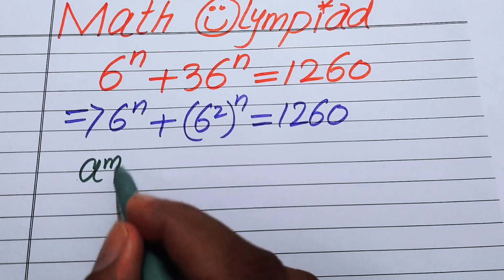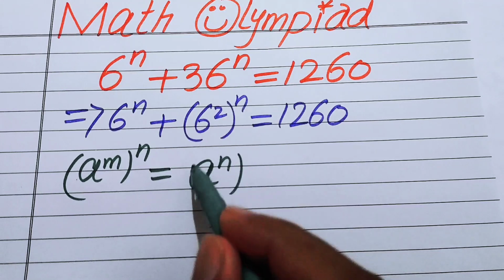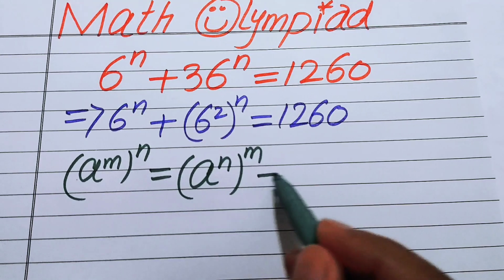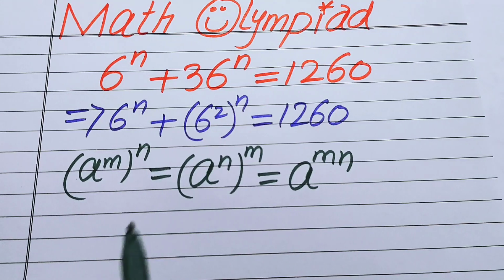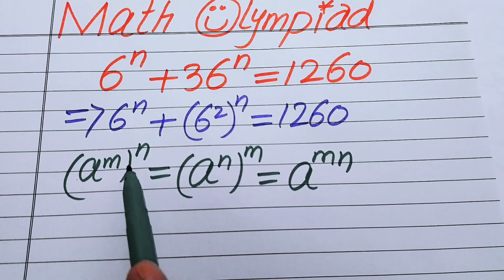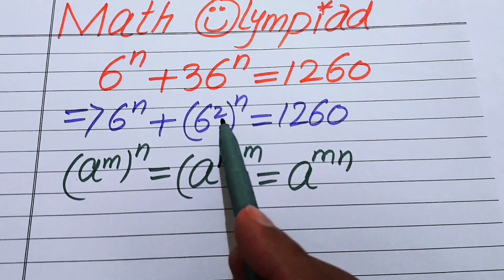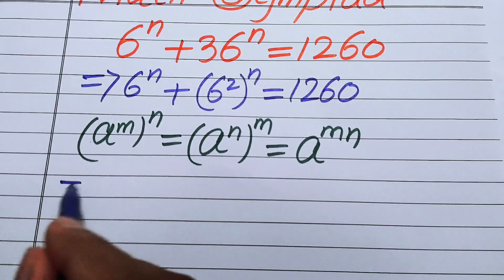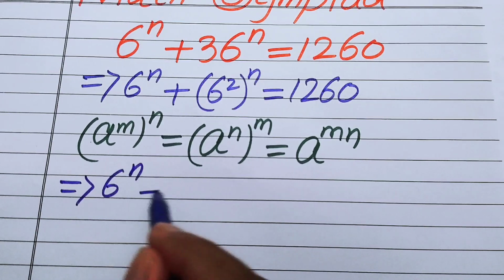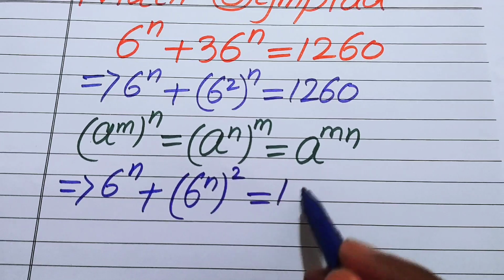If we have a to the power of m to the power of n, it equals a to the power of n and its whole power m, which equals a to the power of m times n. So here you see that if we interchange these two exponents, it cannot affect our final answer. So we need to interchange these two exponents only. Now we can interchange these exponents and we get 6 to the power of n plus 6 to the power of n and its whole square equals